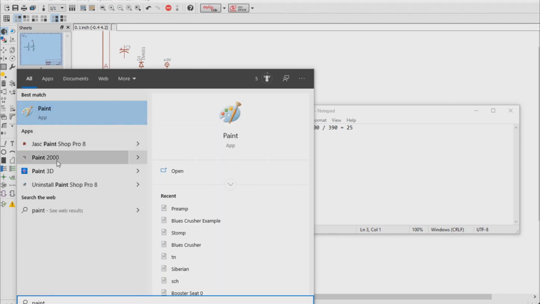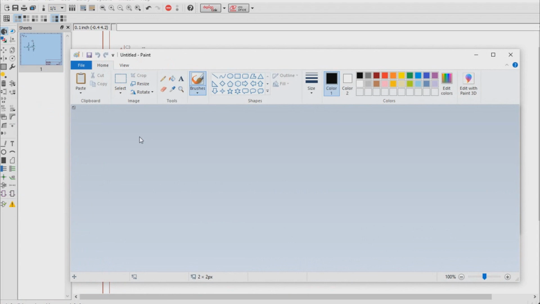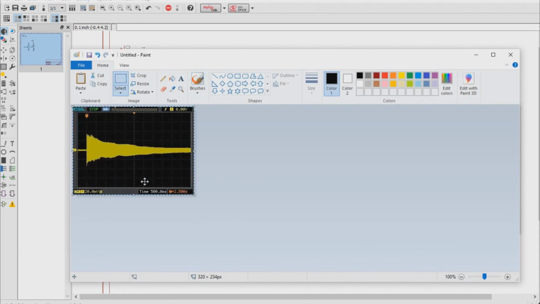Microsoft Paint. That's right, Paint. Everyone's favorite buddy. So right here is a snapshot on my oscilloscope of a